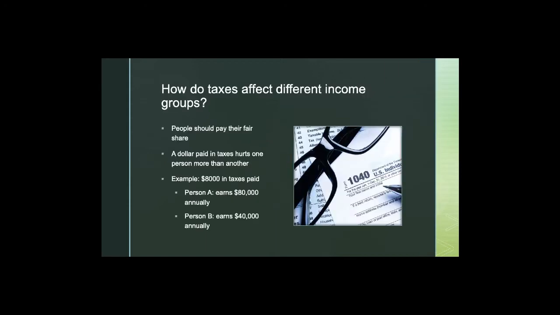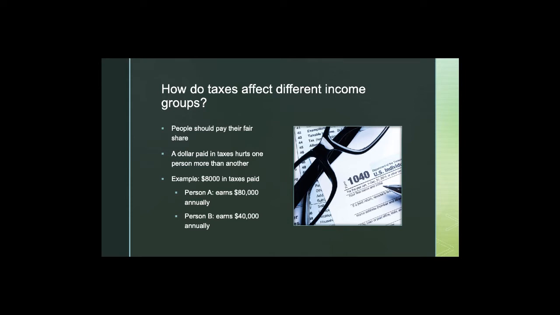Well, one of the first questions that people continue to ask is, how do taxes affect different income groups? There are obviously people who make a fair amount of money, and then there are people who don't make so much money. And the general feeling for most of us here in the United States is, well, people should pay their fair share. We just looked in the last video at how our tax dollars are spent, right, to support things like Social Security and provide for schools and for Medicare and all those kinds of good things, right? But people should pay their fair share.